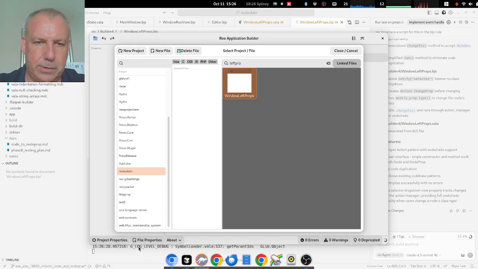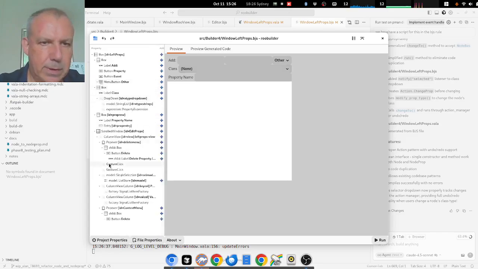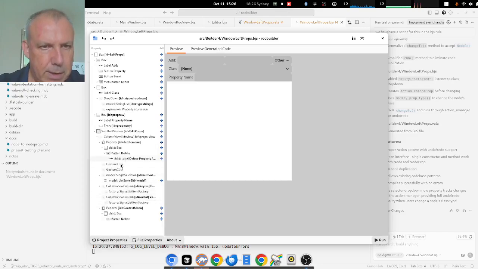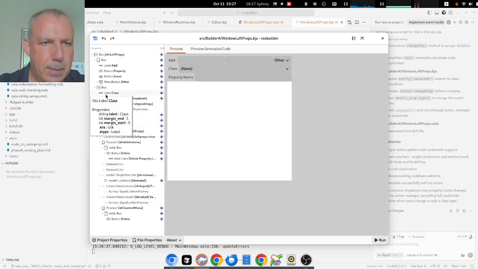How interesting, you see, it's doing a lot of work down there. So what we actually do in the background when we're doing this is we make a compile of it, and we've got access to all the different types, etc. Now you can see here the class. Let's close up. There's still a bug with our drag and drop, but okay, you can see that's the scroll. That's our box, prop row, label class,